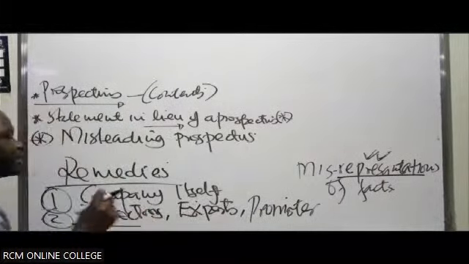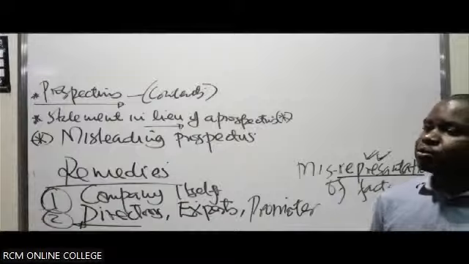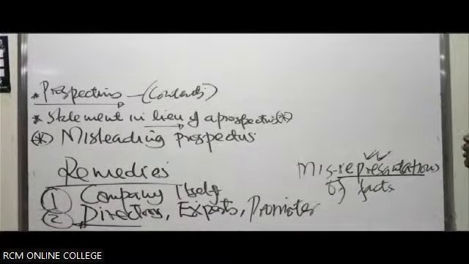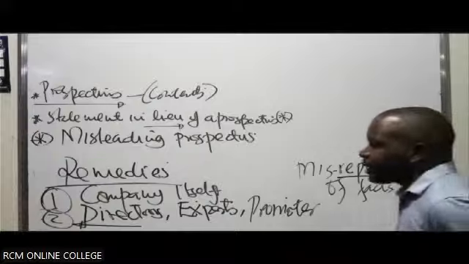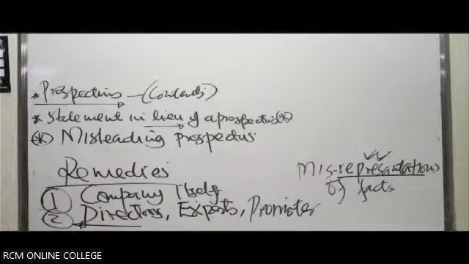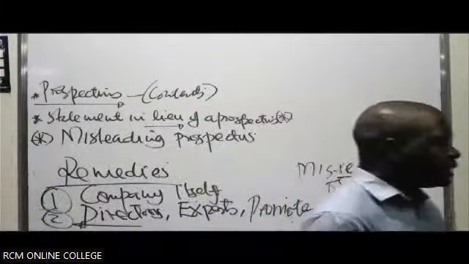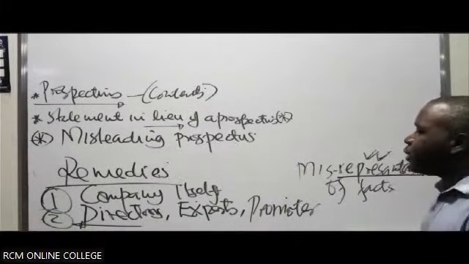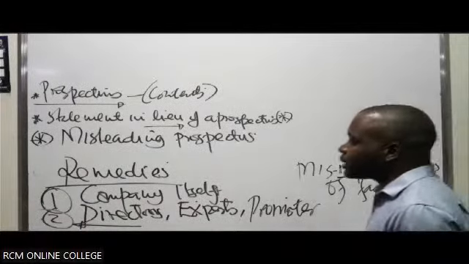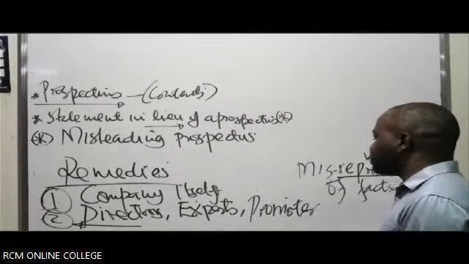Experts are involved, for example, in coming up with some of the reports that are attached on the prospectus. So in the exam, they can ask, who are the parties who can be liable for the contents of a prospectus? 3 marks. So don't start saying this is Greek, I've not seen it anywhere. We just say directors, experts, and promoters. Just say it. The parties who can be liable for a misleading prospectus: directors, experts, promoters.